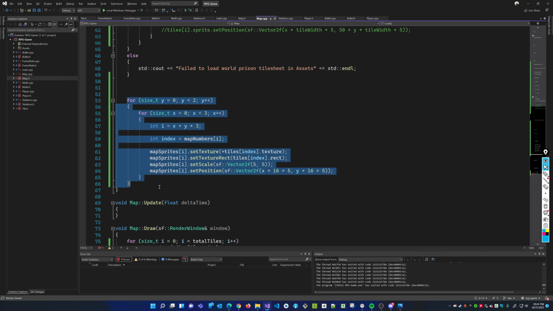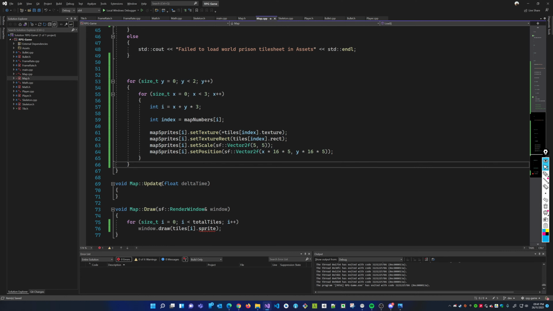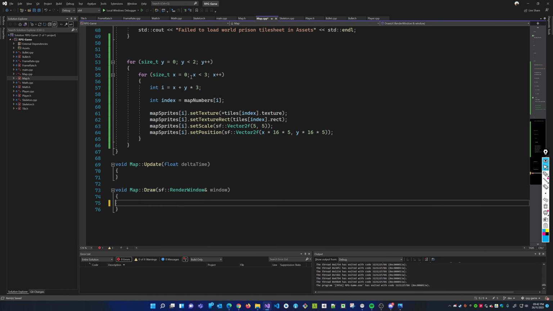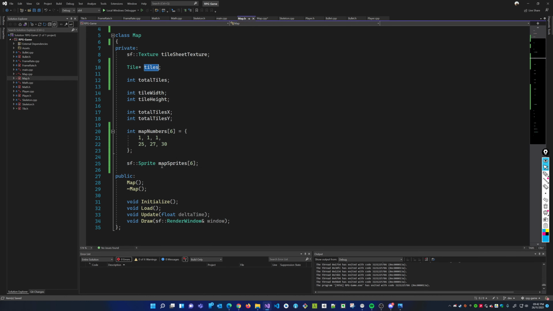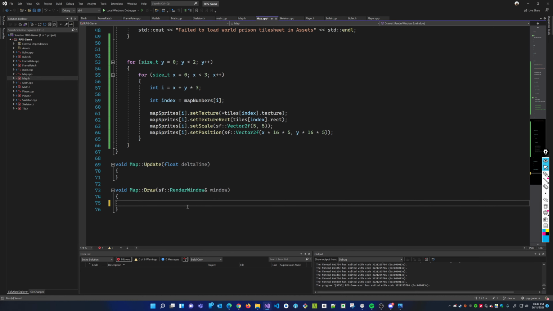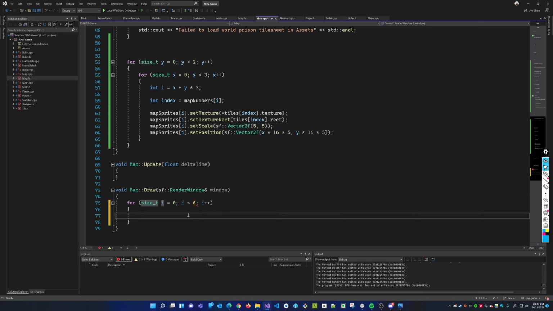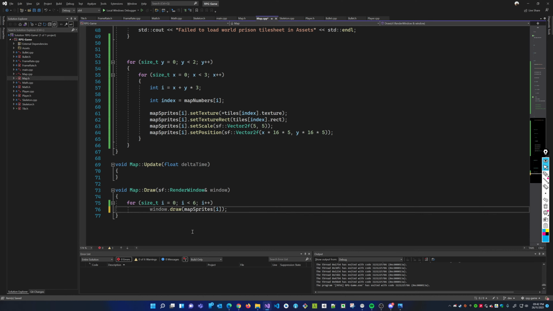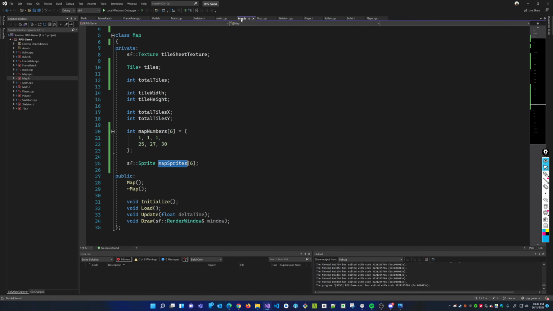And that's it. So I do this. I think that's it. And now I just need to draw. What I'm gonna draw is my map sprites. So for 6 elements, window.draw my map sprites at I. So in theory, what should happen now is what I'm gonna see on the screen is the tile at index